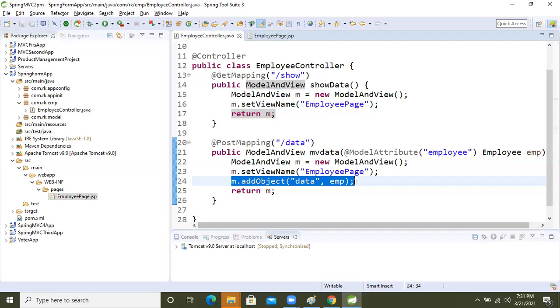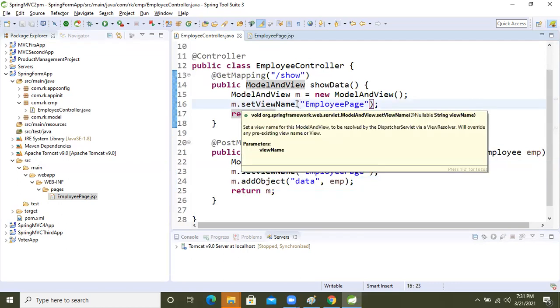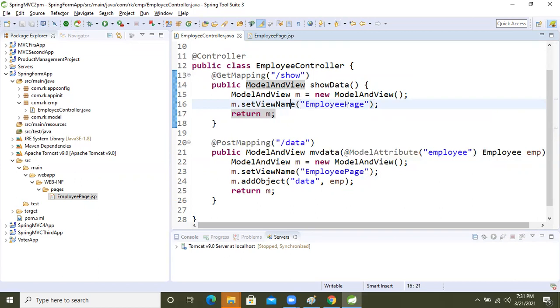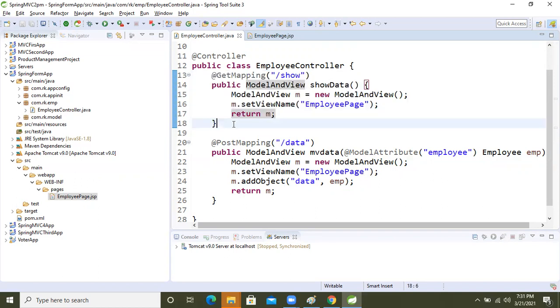We may or may not use it, but still memory is there, right? So somewhere the memory burden is there, and our application performance is reducing here.